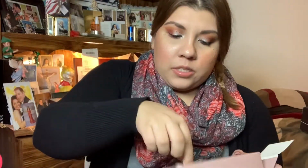Alright, it took me forever and a day to open them, but this is what they're looking like. Of course, they're going to feel a little better once you dampen them, but they feel pretty soft. Ooh, this one feels softer. Let me see how the little one is. Yeah, they're pretty firm, but once you dampen them, they'll definitely get softer. So I'm hoping that they're good sponges, because my favorite is